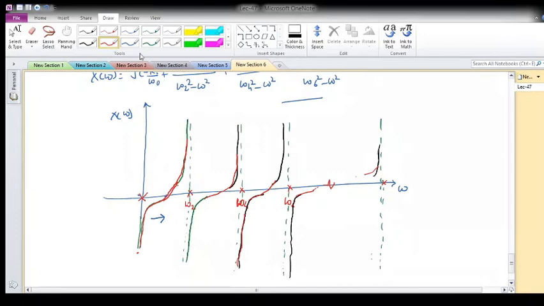Okay, so what I want to say is that when there are two poles and I draw the reactance curve, it must cross the omega axis, and that crossing is nothing but your zero crossing. So definitely there must be a zero between the two poles. So this is one zero, this is the second zero, third zero likewise.